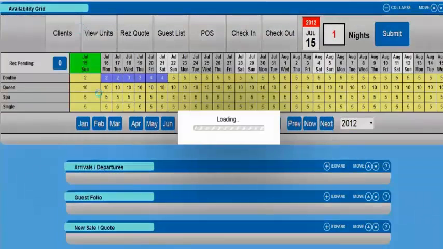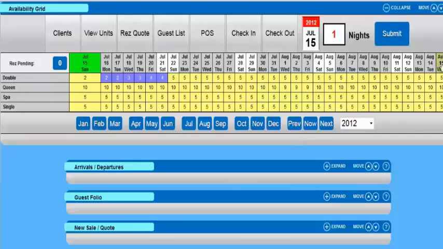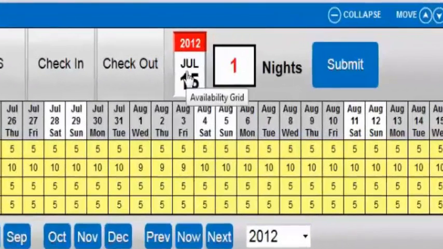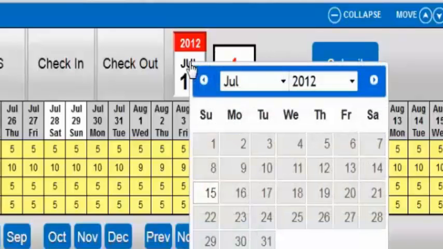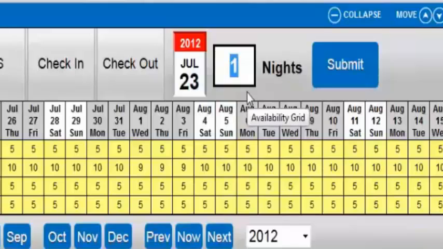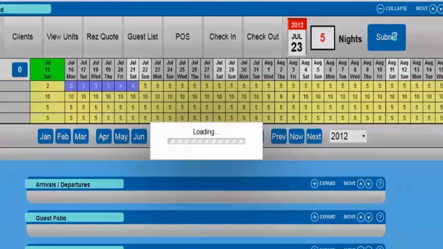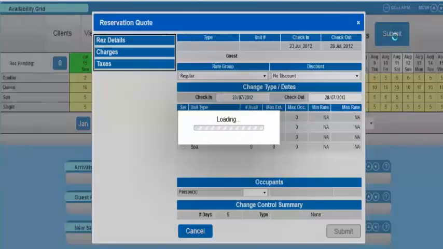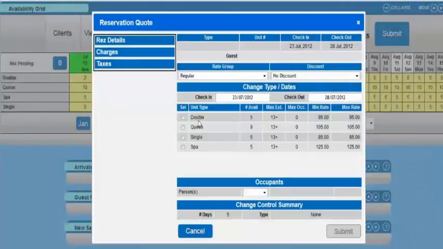But the other way of doing bookings is over on the top left hand side of the screen, where you have a calendar. So if you click on the calendar and we say, right, people are coming in on the 23rd for 5 nights, you just change that there and press enter or go submit. The system will return all your unit types down here on the left hand side,